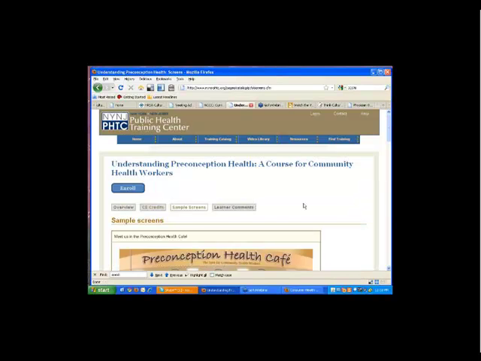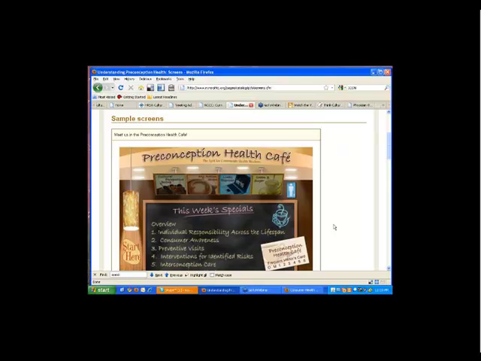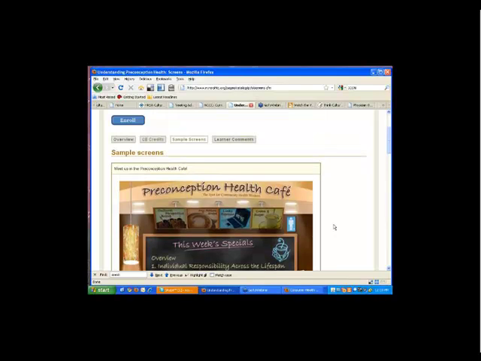As you look at these sample screens, you can see that they're really interesting to look at, that they're going to have a lot of great information, and what a great tool to have access to as people who are working with community health workers, or perhaps you're a community health worker yourself. So I want to go ahead now and turn this back over to Julia, because we have other things to talk about besides the cultural competency training modules.